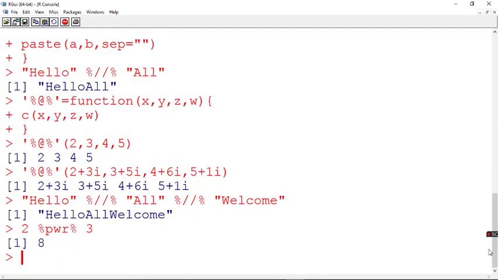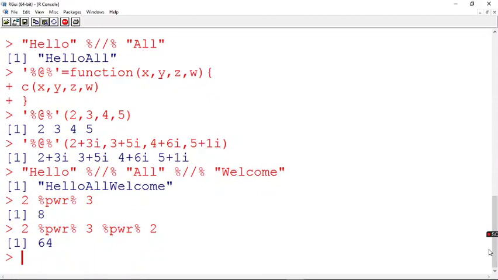So what is 2 power 3? 8. Now I want to include one more. So 2 power 3 is 8, and again 8 power 2 I want. So I say again here power and I give 2. So you are getting 64. So this is 2 power 3 which is 8, then 8 power 2 is going to be 64.